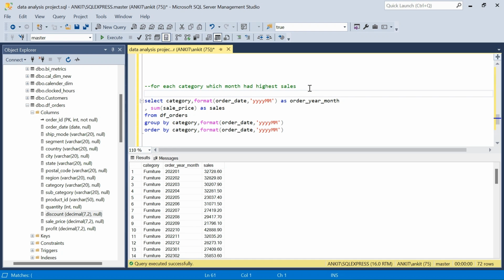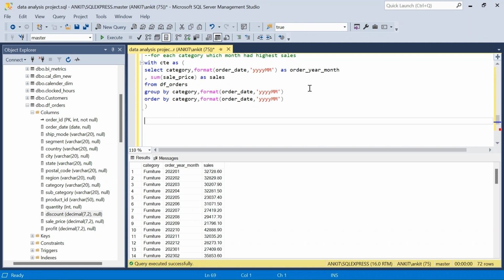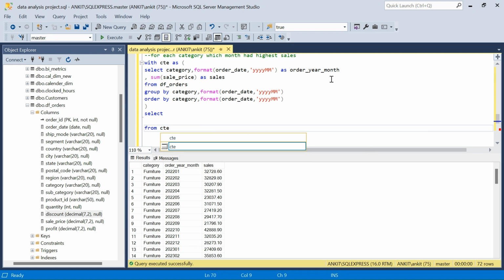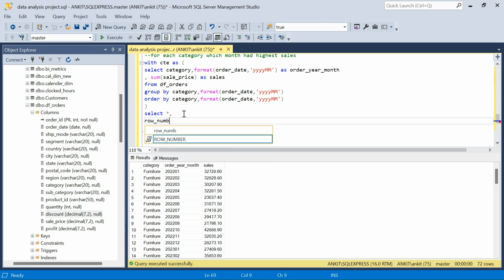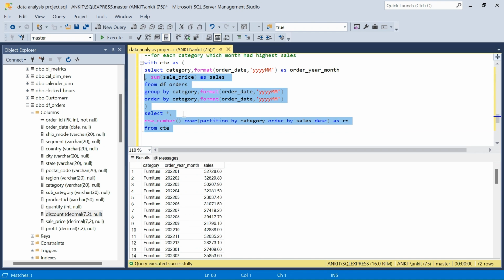So again, I will convert it to a CTE, right? So this is my CTE. Again, I have to do a rank. Select star, comma, row number over, again partition by category, because for each category I want order by sales descending, because I want to see which month had the highest sales. So if I run this,